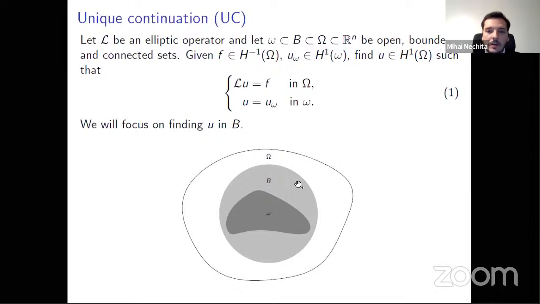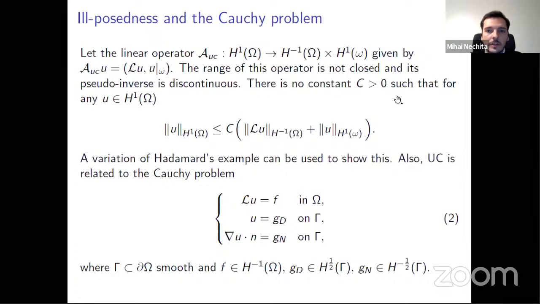The difference between recovering u locally or globally is in terms of the stability. And we will only focus on the case in which we recover u in a subset B, so not everywhere. Now this problem, as I said, is ill-posed, and I want to briefly recall that if we formulate this